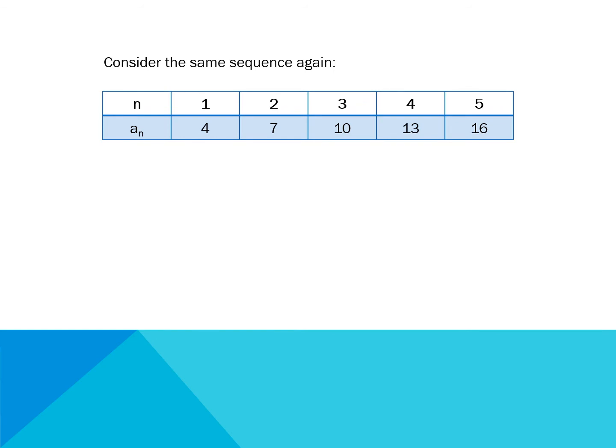Let's consider the same sequence again, wherein we have our n from 1 to 5 and our a sub n from 4 to 16. This time, class, we are going to use another form in writing a sequence. And this is the form we are going to use in our grade 10 mathematics. The sequence will be written in this way: 4 for the first number, 7 for the second, 10 for the third, 13 for the fourth, and 16, and so on. So class, if you will observe in the sequence, we have members, and each member of the sequence